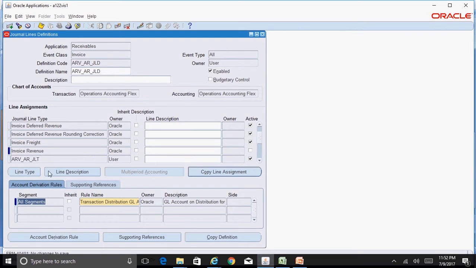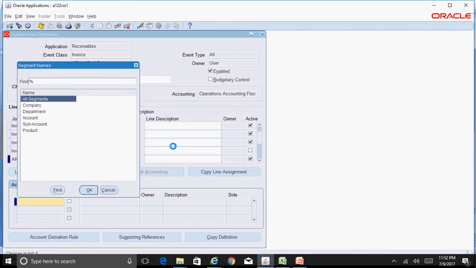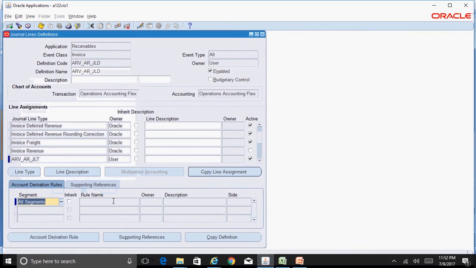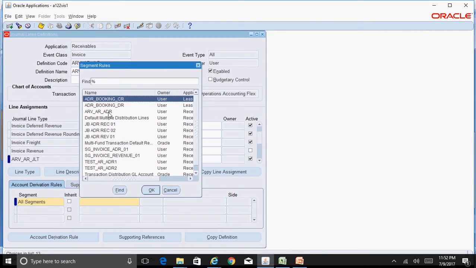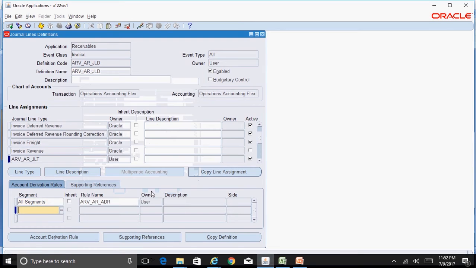And associate the ADR whatever you have created to your custom JLT. So your ADR all segments and your ADR is ARV AR ADR. Okay, save this. So you have created your custom ADR and associated your custom ADR to custom JLT, and this JLT is associated to your custom JLD.